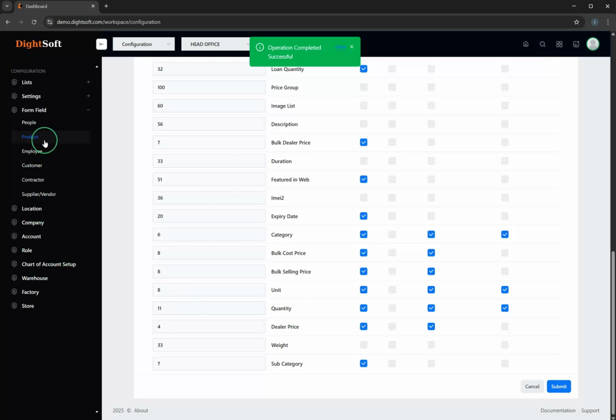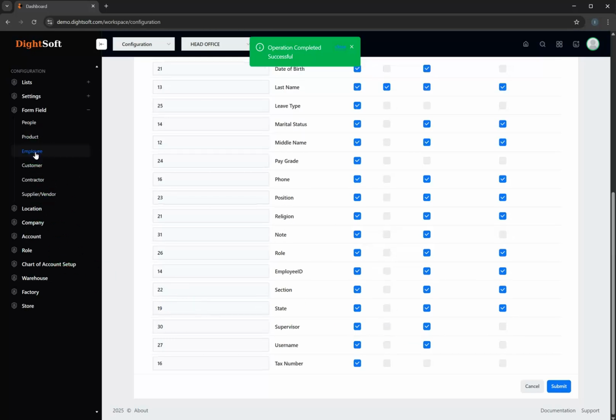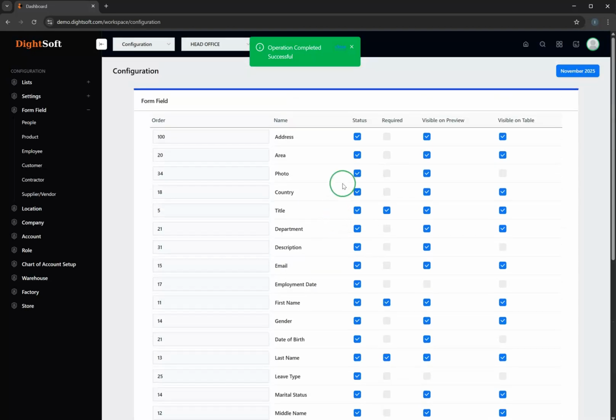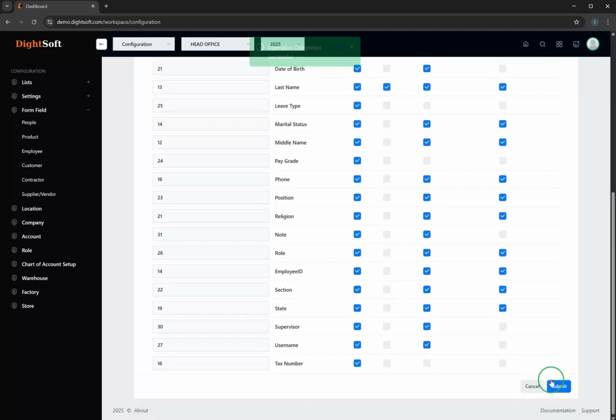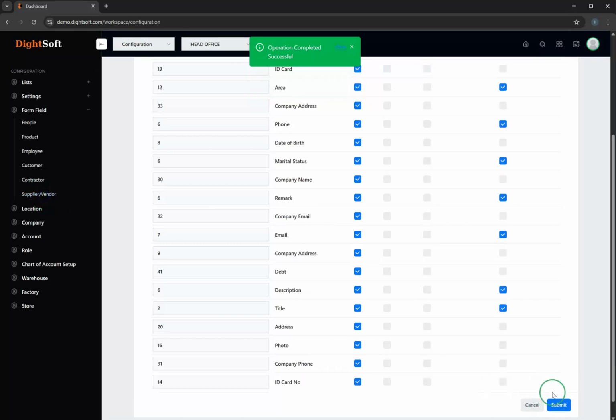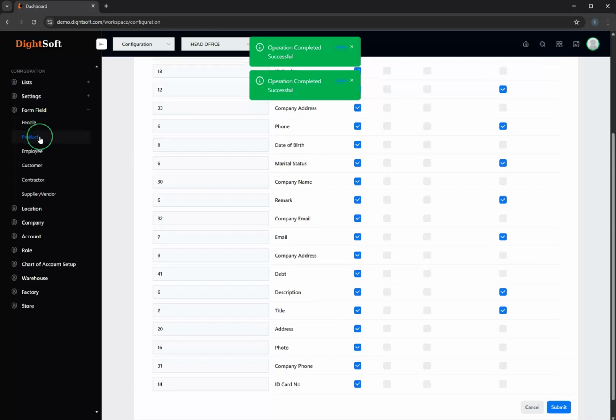We will repeat the same thing for employee. When you start creating your staffs, what kind of information do you want to collect from your staffs? Alright, just click on submit as well. Then do it for your customer. What kind of field do you require? So you have to do it for all of them, and just click on submit in all of them. Alright,